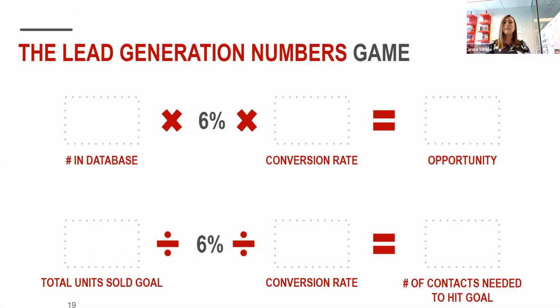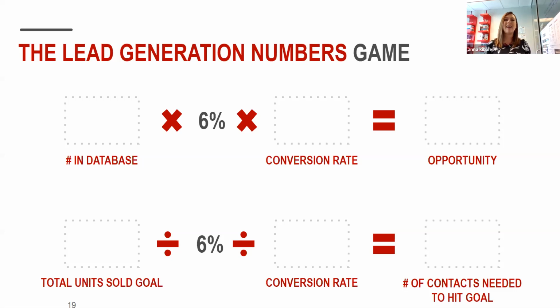And then based on research and statistics, and I'll tell you how they've come to this number, 6% of the people in your database have the opportunity to do a transaction this year. Okay, so 6% of the people in your database are going to buy or sell or invest this year. And that's just kind of a national statistic. It's based off of this.